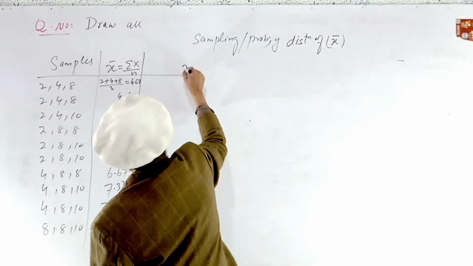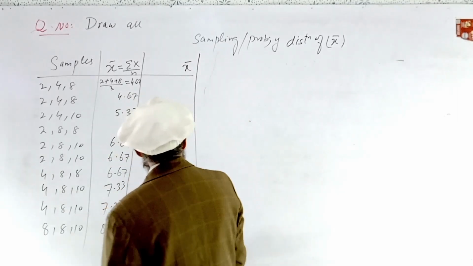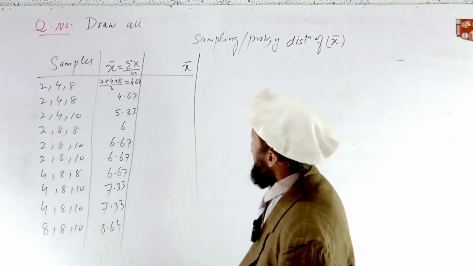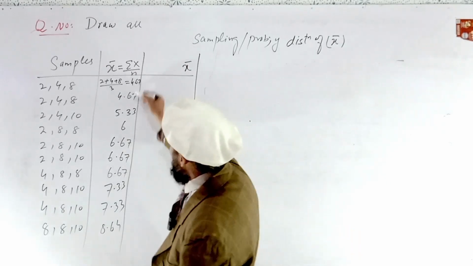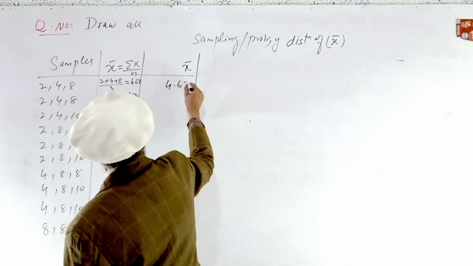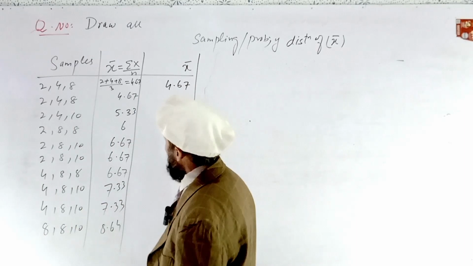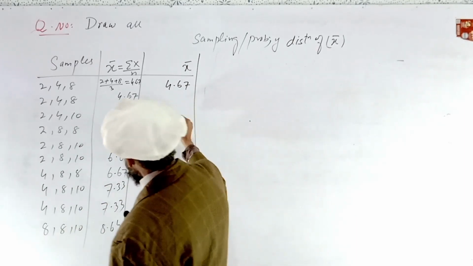So here x bar, we draw another construction. First of all, we check the smallest value here is 4.67 and further is 5.33,